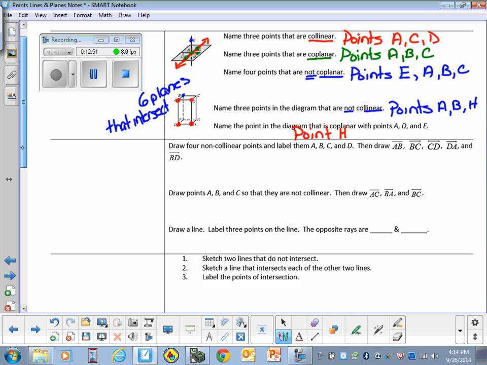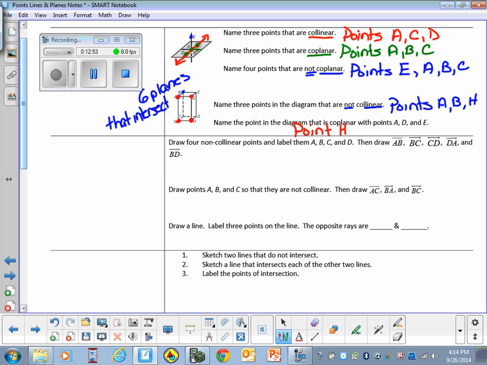Drawings are very popular in geometry, and drawing a sketch of what's being talked about is a very powerful tool for figuring things out. So draw 4 non-collinear points. 1, 2, 3, 4. They're not in a straight line. And label them A, B, C, D. Okay,